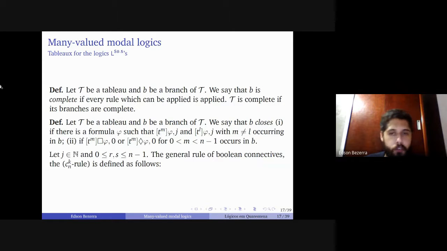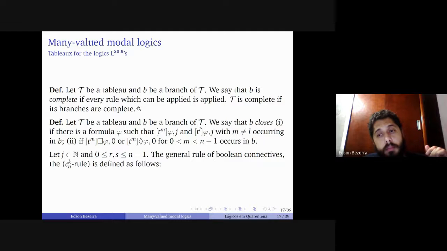Now, the definition of closure: we say that a branch closes whenever there is a formula phi which has different labels occurring, of course, in the branch B, or if